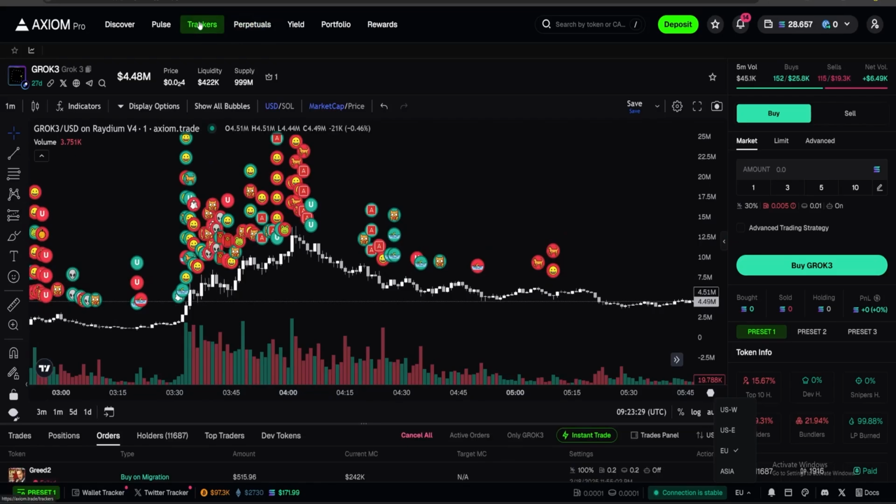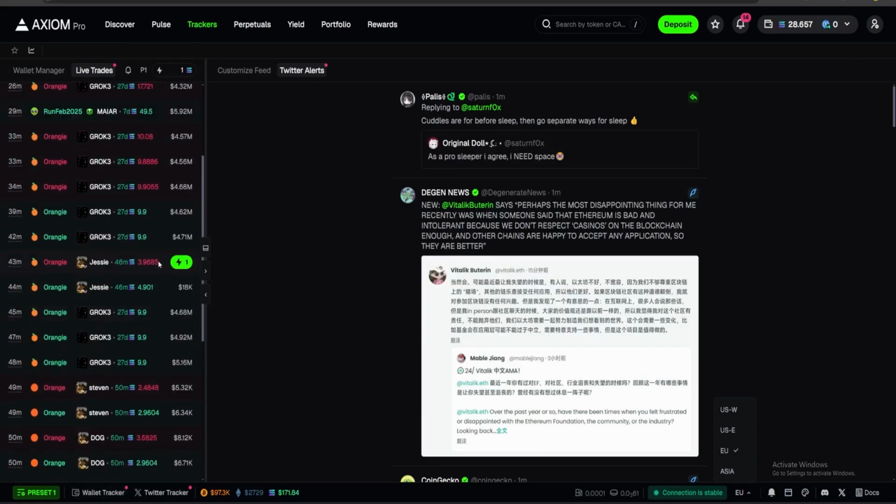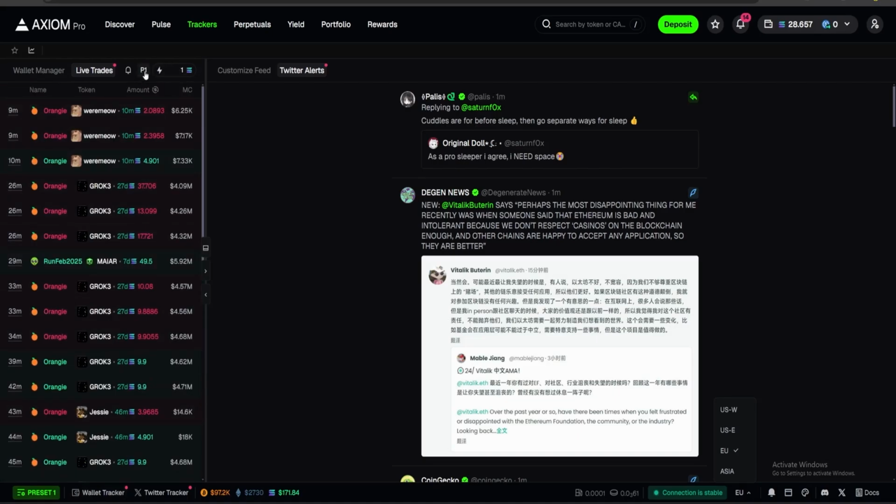Another one that I want to show you is the trackers. In here you've got all of the different wallets that you can track on the sides, and the live trades. You can also go to your wallet manager, and in the wallet manager you can customize your wallets like you could in your wallet tracker. It's pretty much the same window, just more visible from the wallet manager than from the wallet tracker. If you want to snipe some quick buys, you can do that in here as well. You've got the quick buy settings,